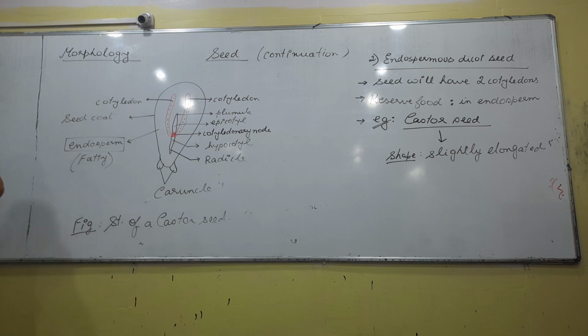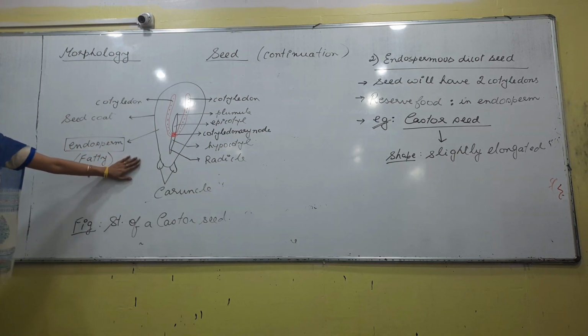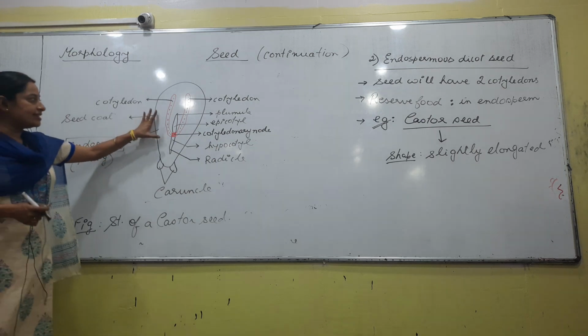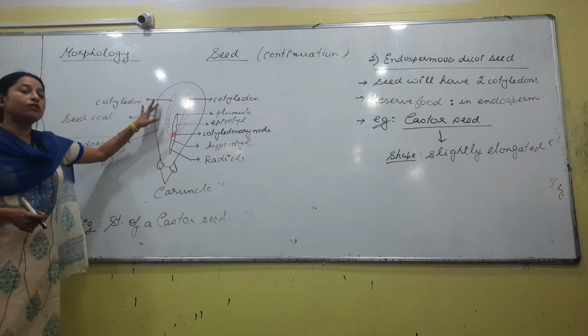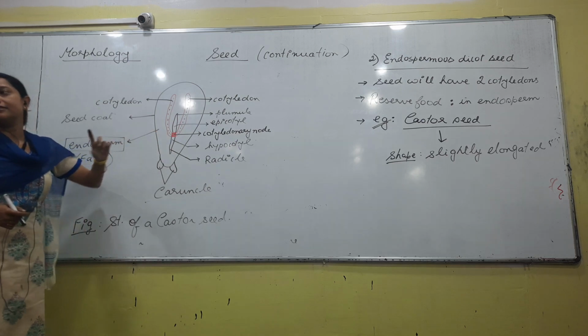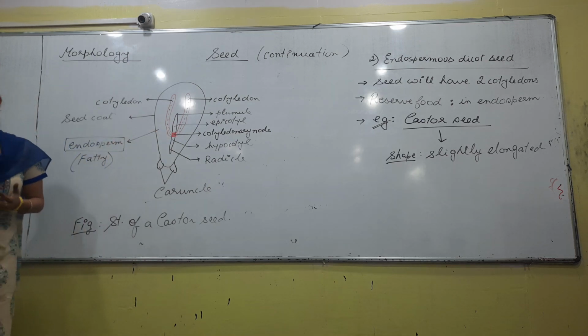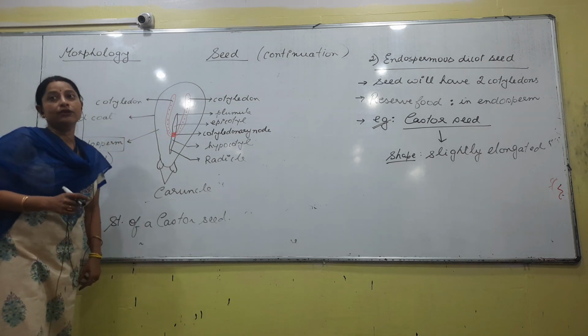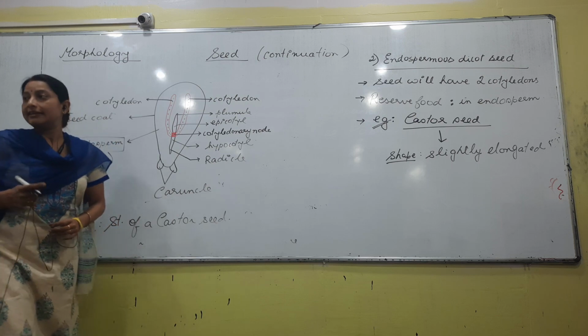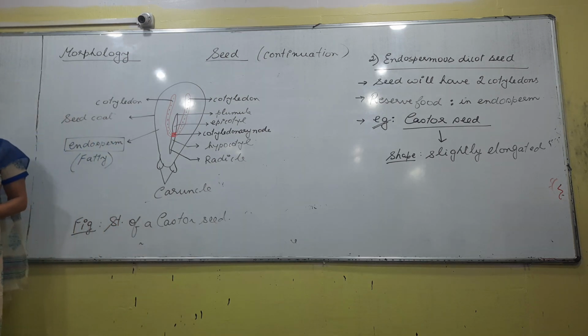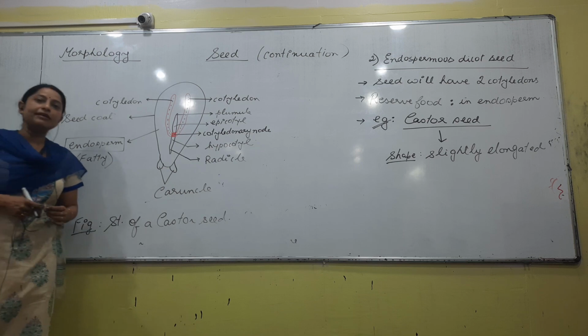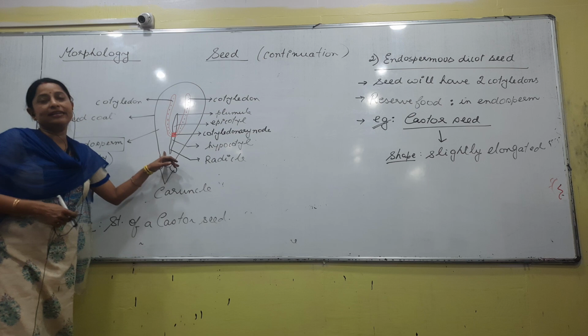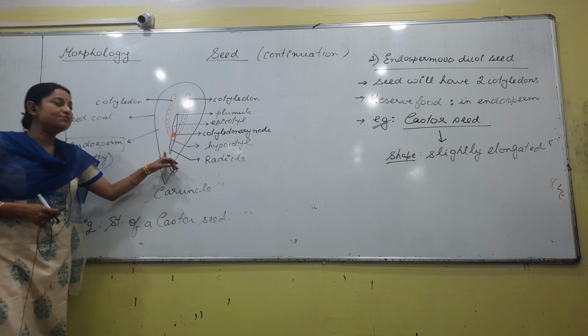So, 2 types of seeds, endospermous and non-endospermous. Non-endospermous we have already given the diagram. This is the diagram of an endospermous seed. The seed is endospermous. Does that mean the cotyledons would be absent? No, cotyledons will have to be there, because either we are talking about a monocot or we are talking about a dicot. So, it has to have a cotyledon. Doesn't matter whether the endosperm is bigger than the cotyledon or it stores more reserve food, right? Whatever kind of seed it might be, cotyledons will always be present.